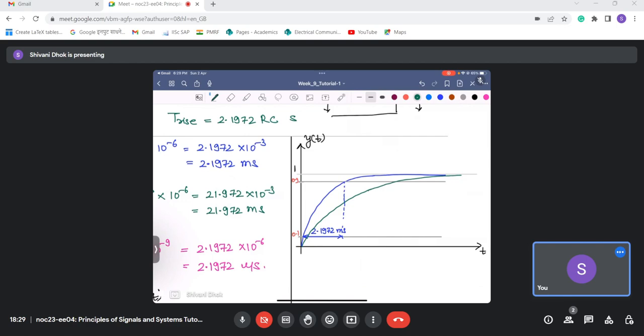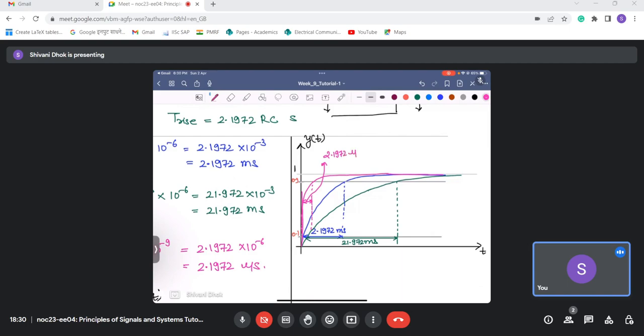Now if we observe carefully this part, this one is basically 21.972 milliseconds. Now if we look at the third case, it rises very quickly, like it rises in 2.1972 microseconds. So basically it will go something like this. So it is basically this region. This part. This is basically